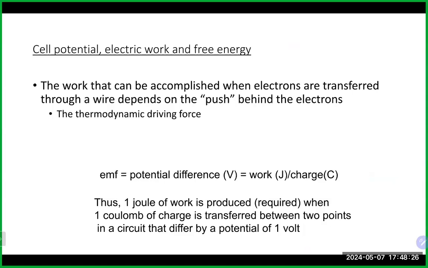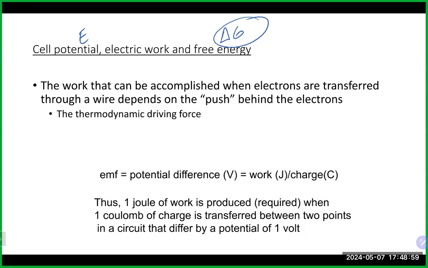All right. So I think we left off somewhere around here. Cell potential, electrical work, and free energy. We're going to relate our cell voltage, which is our E, to our free energy, which we remember from the previous chapter, our delta G. And remember, free energy is energy available to do some type of work. So the work that can be accomplished when electrons are transferred through a wire depends on the pull or the push behind those electrons, and the EMF